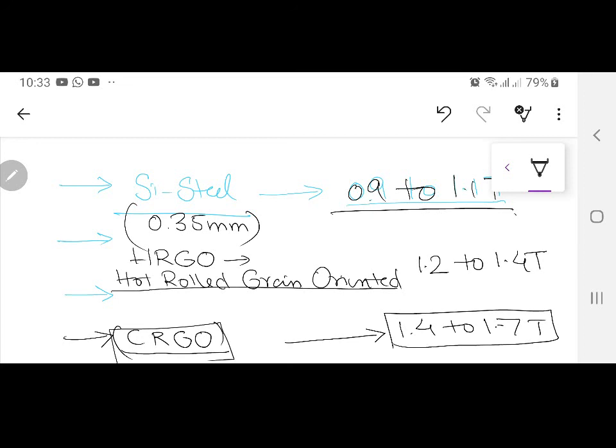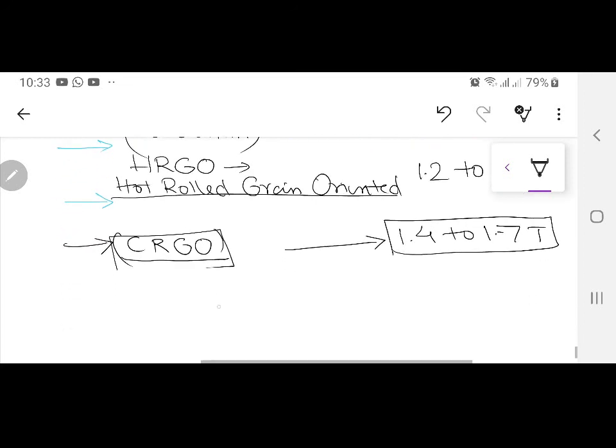So the size of the machine, आप जितना B ज़्यादा करोगे, remember this thing, why? Because flux is equal to B dot A. अगर आप B जितना ज़्यादा करोगे, एरिया आपको कम करना पड़ेगा. एरिया कम होगा, मशीन का साइज क्यों? फ्लक्स तो आपको उतना ही चाहिए जितने आपको फ्लक्स लाइन्स चाहिए. So when you are increasing that B over here, your area reduces for the same value of flux.